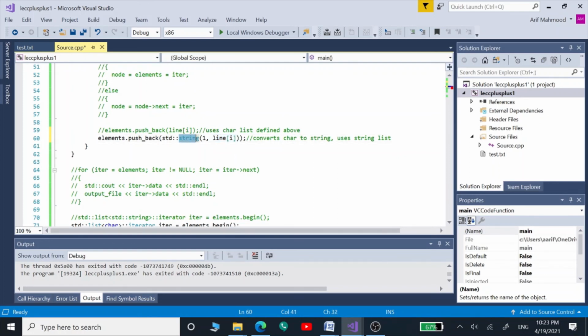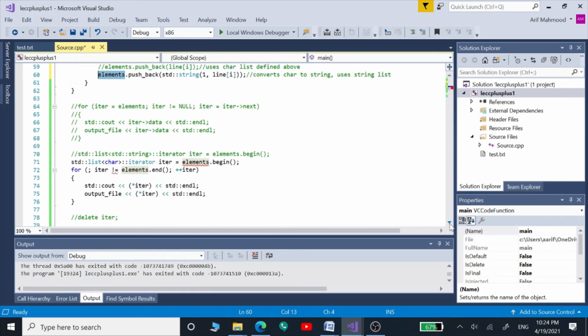Now this string function is going to convert all those characters into strings, and then we push them back into these elements. And now the list is of type strings. So this is the only change which we are going to do.